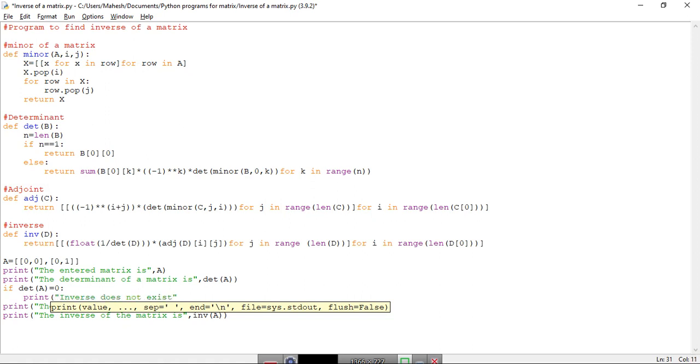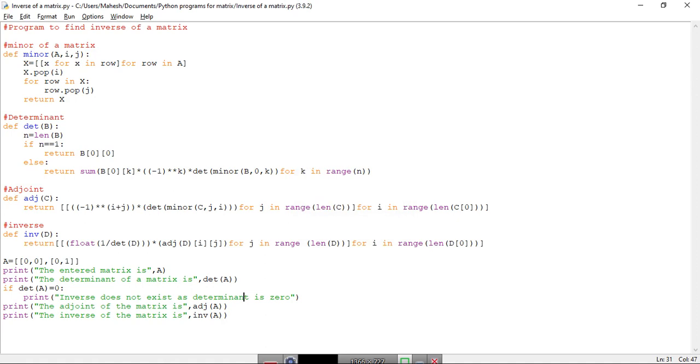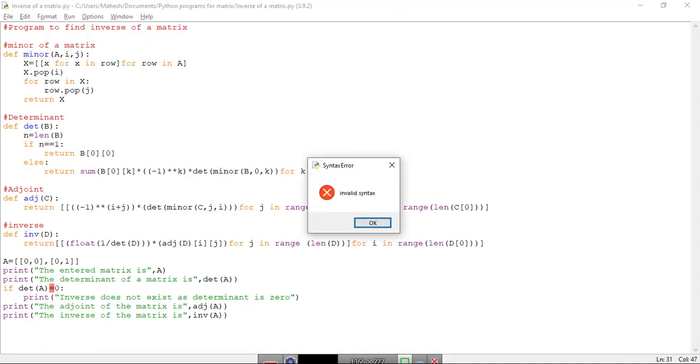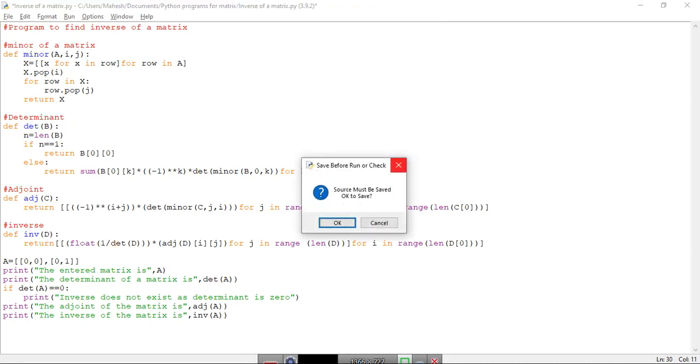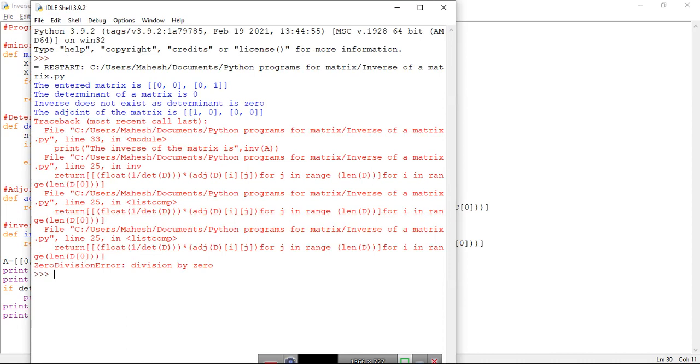Inverse does not exist as determinant is 0. Okay, let us see what happens here. The inverse does not exist as determinant is 0, right?